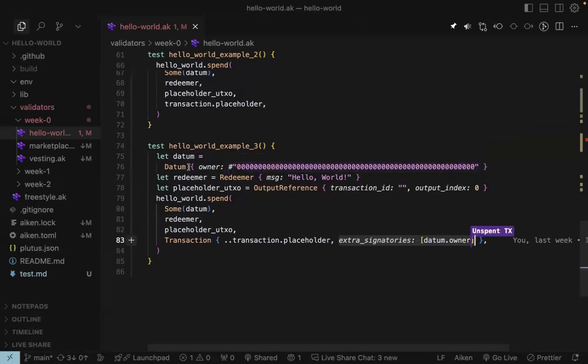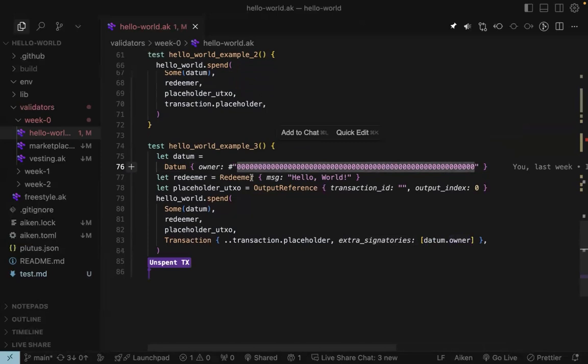Oh, so we have put the owner. Wait, so we actually put the verification key of the owner in the datum in this one? The public key. Oh, the public key. Okay, okay. Maybe it is. I think it is the verification key hash. We could check that, but